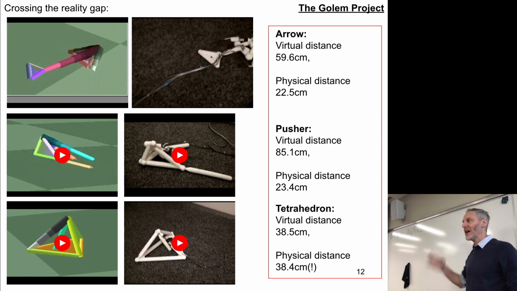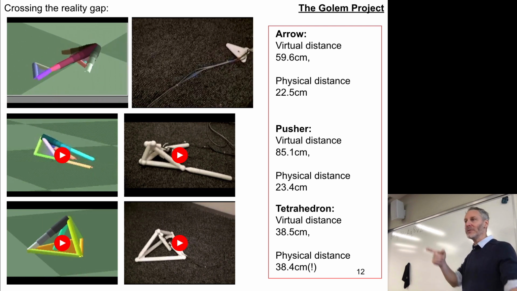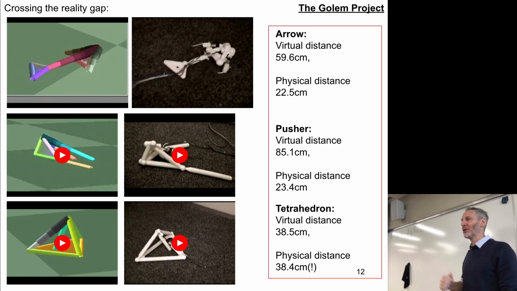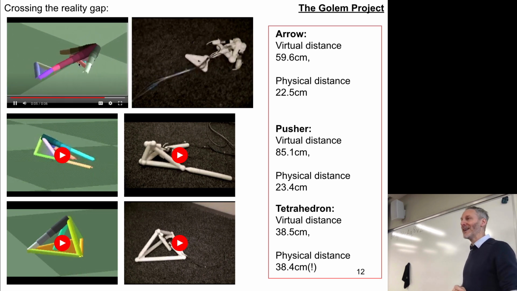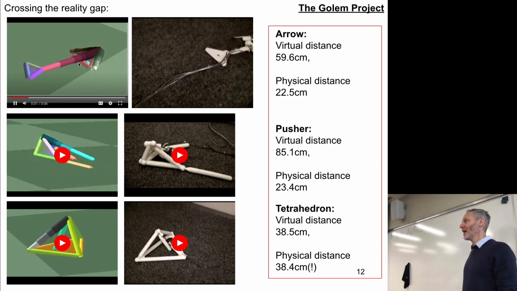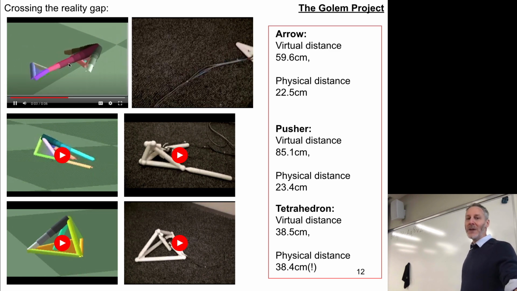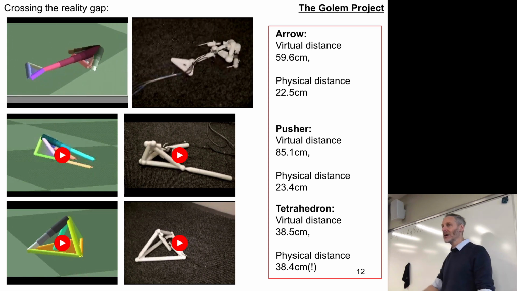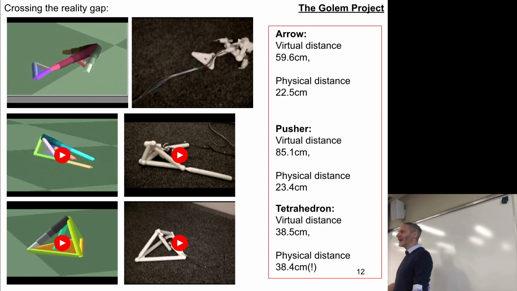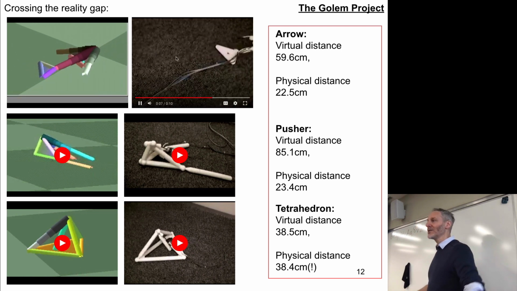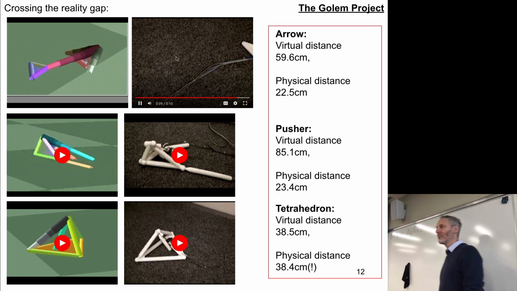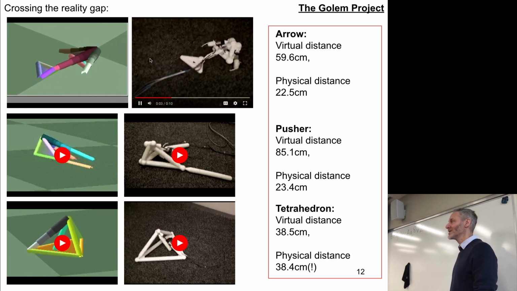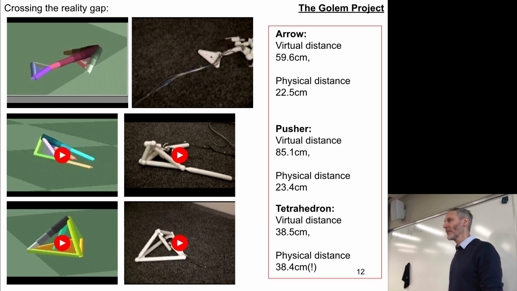Remember the four desiderata of locomotion, right? One of them is robustness. You've got to move without falling down. That's a huge problem for our species. But if you're lying flat on the ground, you don't have to worry about falling over. So it doesn't matter what kind of ground you're on, you won't fall over. And as long as you're pushing obliquely against the ground and the ground has high friction, it works, right? So, first thing to take away from the GOLEM project is you can cross the reality gap,